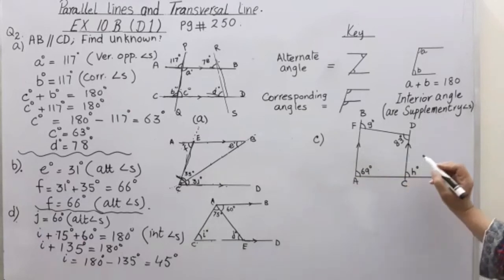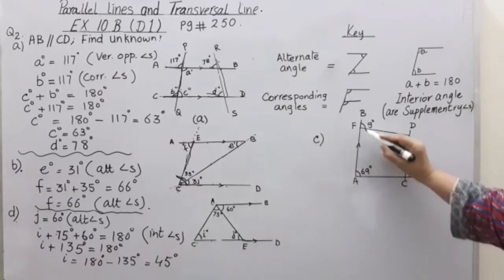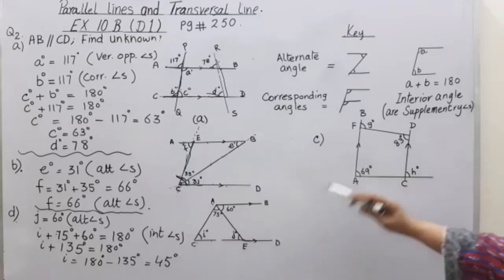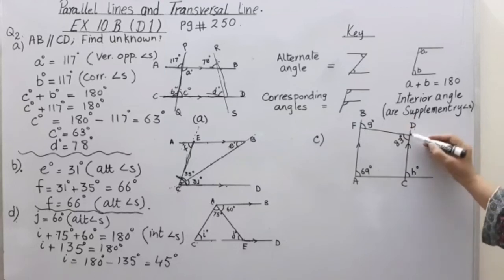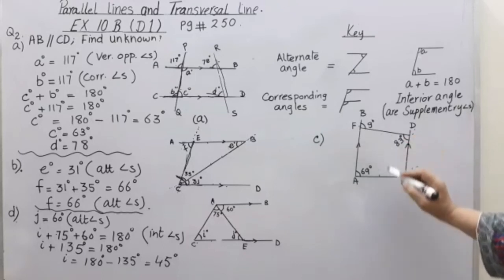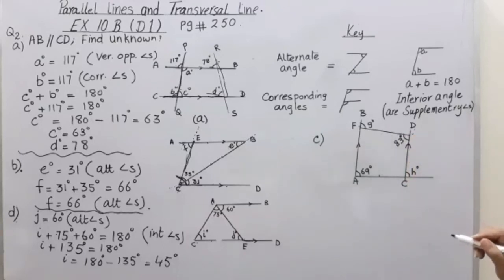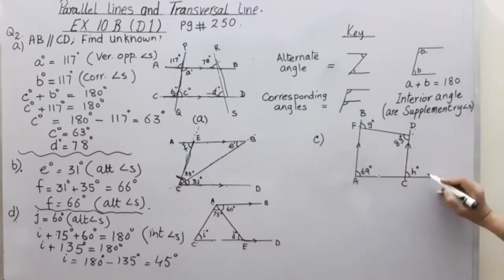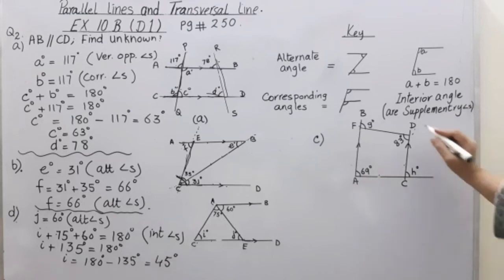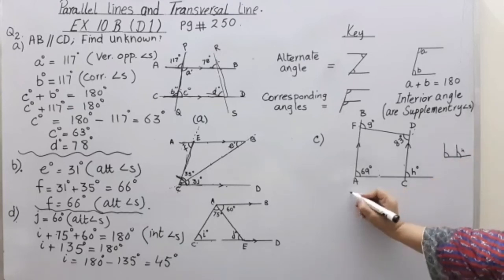Part C, there are two parallel lines on this side. In the previous questions they were horizontal and in this they are vertical, and a little bit slanting, and there is no arrow shown, and these are two transversal lines. So first you see what H is. Between the parallel lines it makes an F like this. This angle and this angle are corresponding angles. So H is equal to 96.